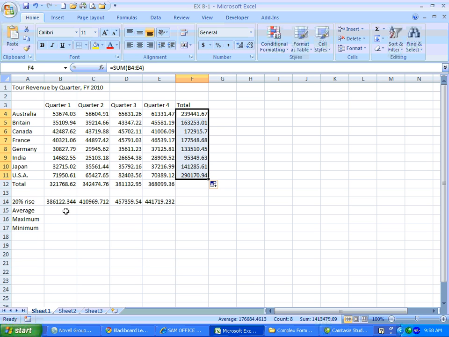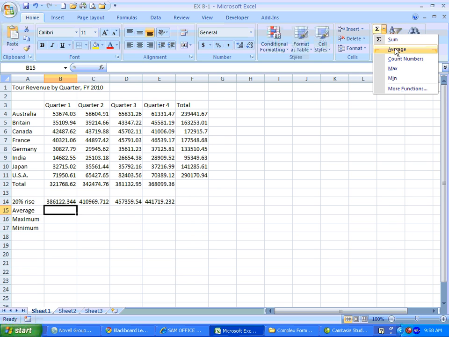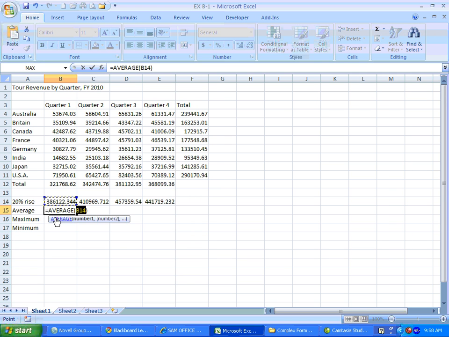Now when you get ready to do the average down here in B15, you're going to click on the sum function, you're going to come to average, and it's going to automatically try to accept the number that is above it, but that's not the range that we want to come up with our average. So we want to go up to where we see B4, where our first number is, and click with our left mouse button and hold it down and drag all the way down to B11, where our last number is